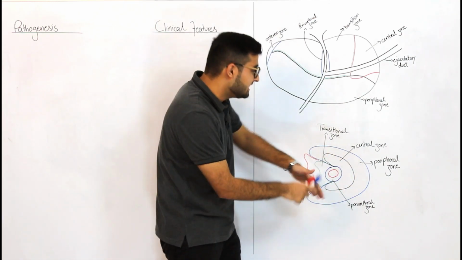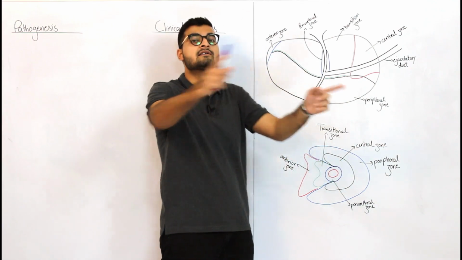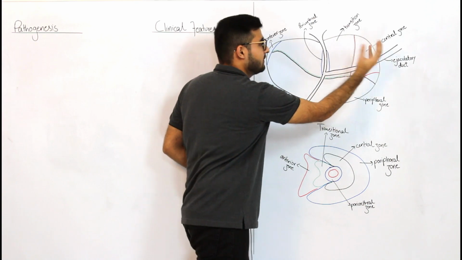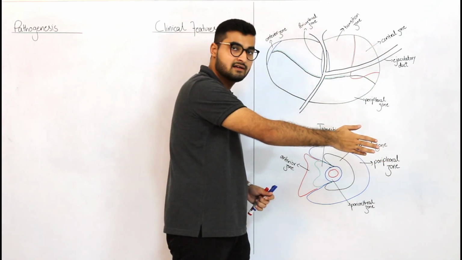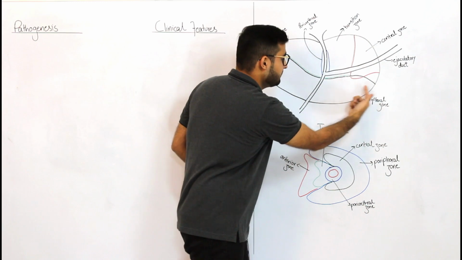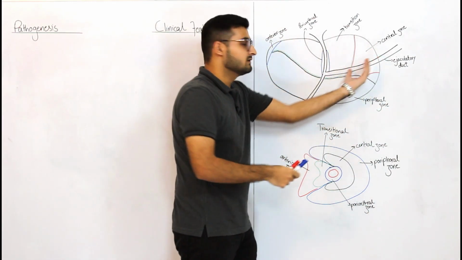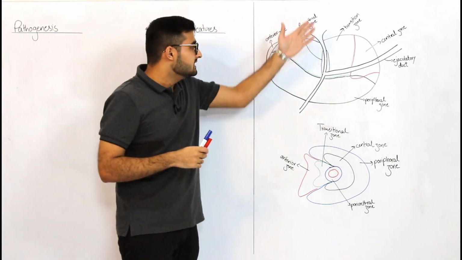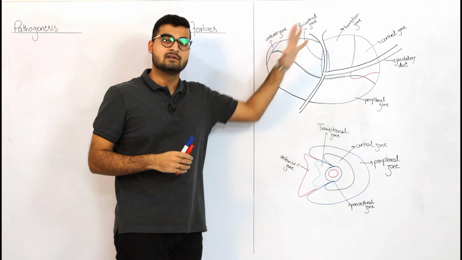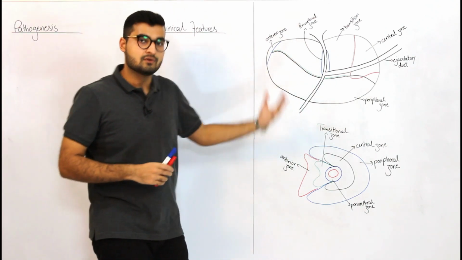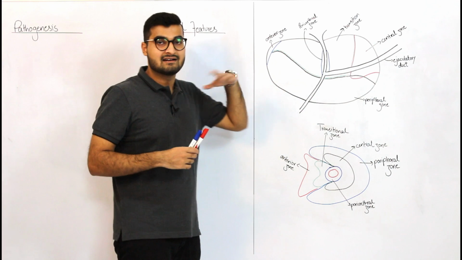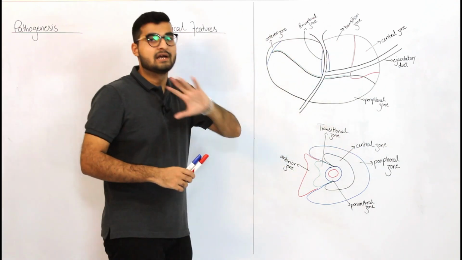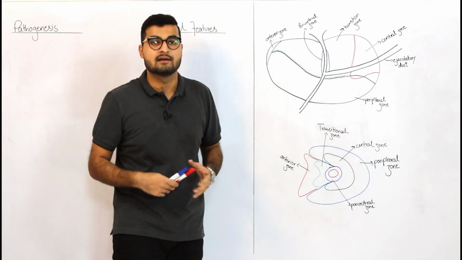Now the central zone was placed in the center only, it's not surrounding it completely. So over here you'll have your central zone. It's going to be a curved structure, but since I have cut the prostate in half, it's only going to be present here, with the peripheral zone covering the whole prostate, central zone in the middle, transitional zone, periurethral zone, and your anterior zone. So these were the two views where I discussed the different zones of the prostate. You're supposed to know these zones a bit, and the zones that are important in pathology are your transitional zone and your peripheral zone, where the pathology lies in either BPH or prostate adenocarcinoma.